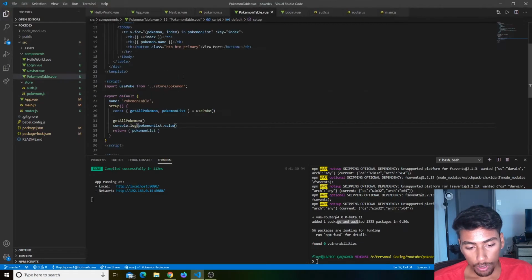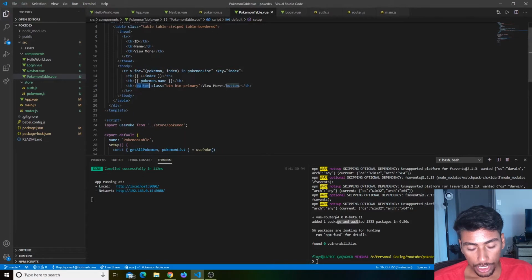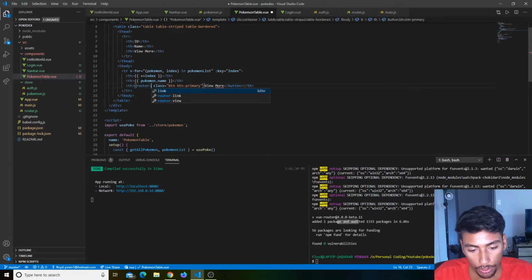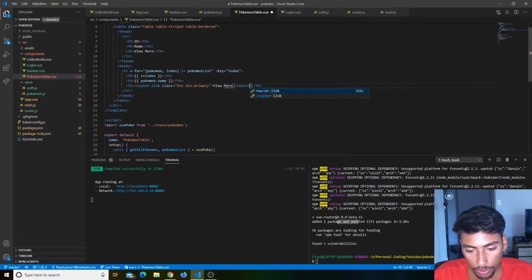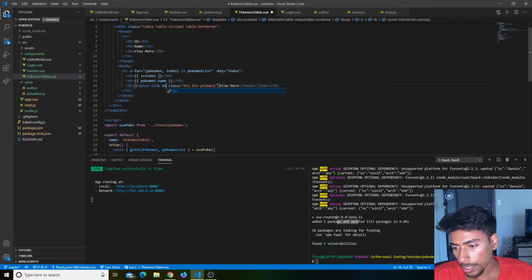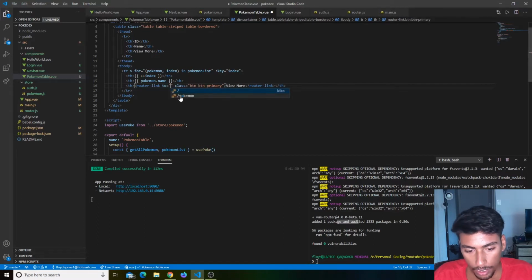So now if we go back to our Pokemon table, let's change our button to a router link over here, because we actually want to go to a different page now. So router link, and it's to... we're gonna do the backticks just to say that it's JavaScript. So over here we go,